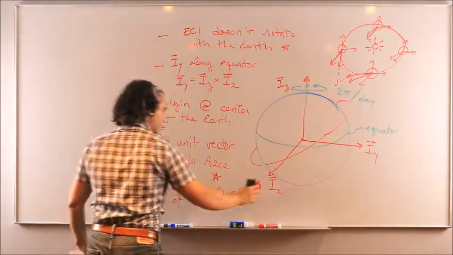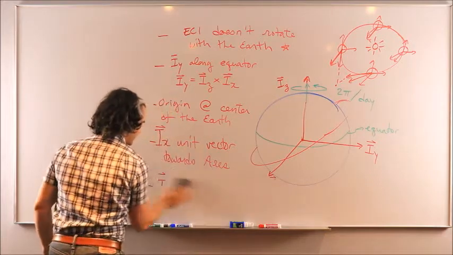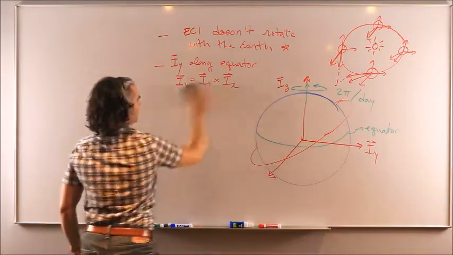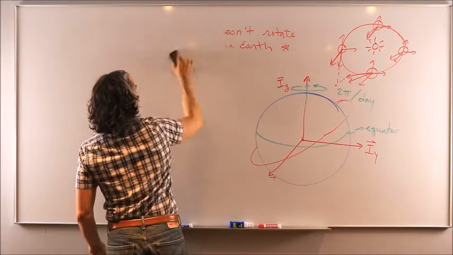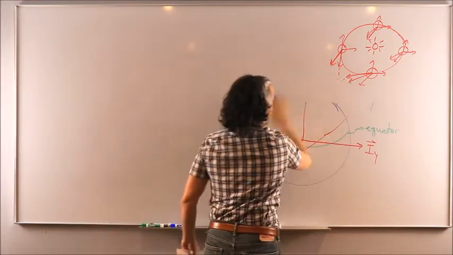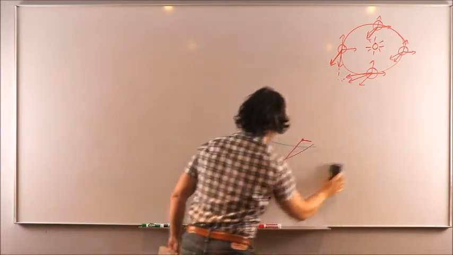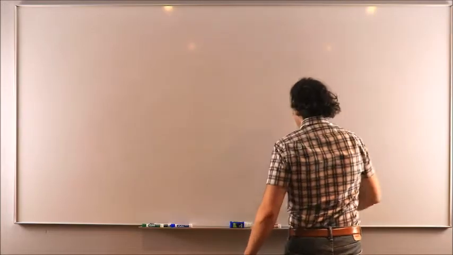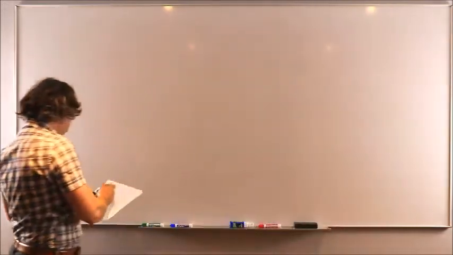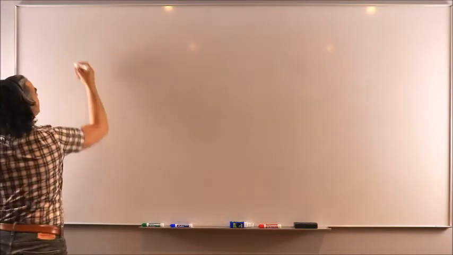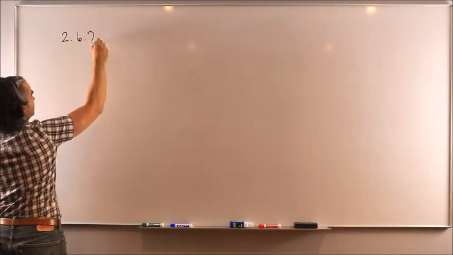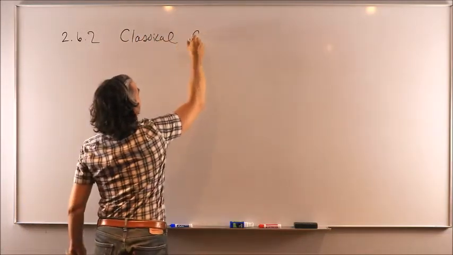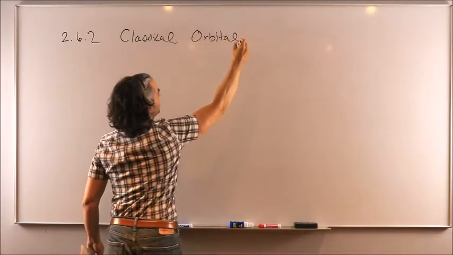So this is our reference from which we'll then define the 6 orbital elements. Okay, and that will be in 2.6.2,